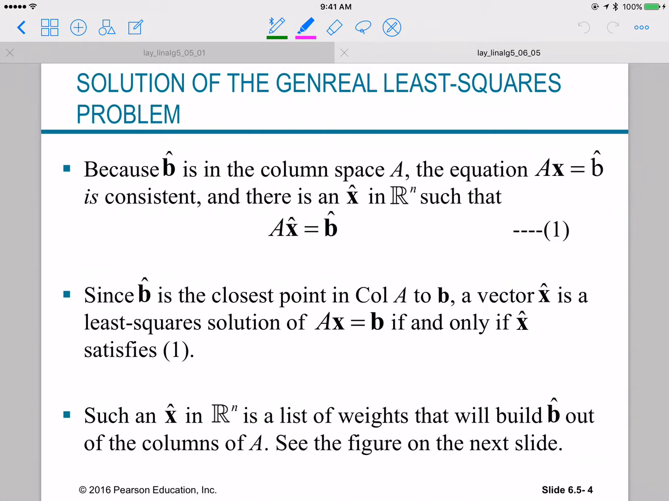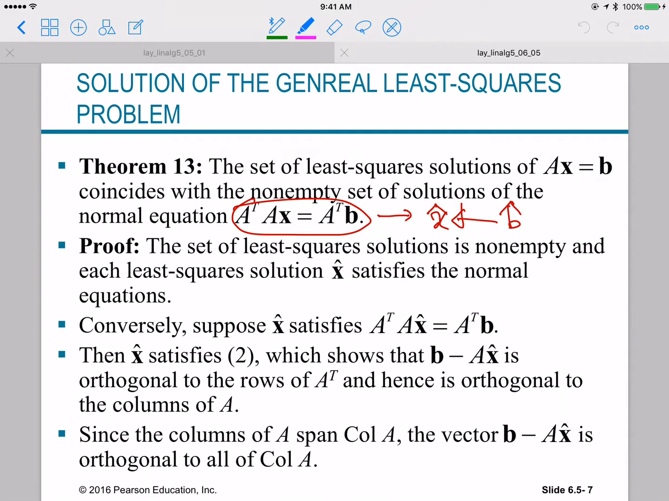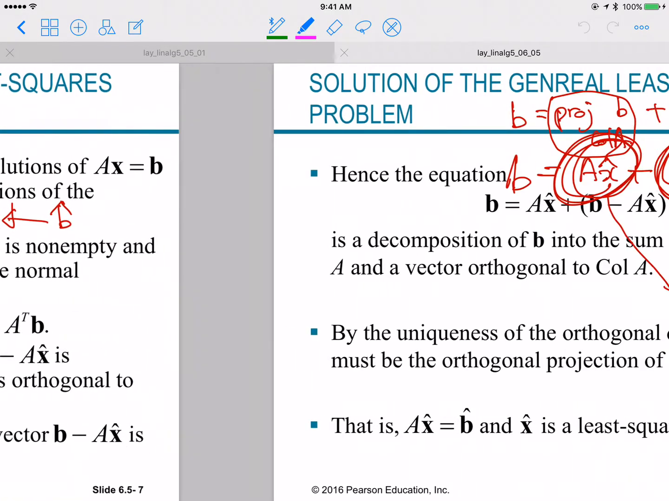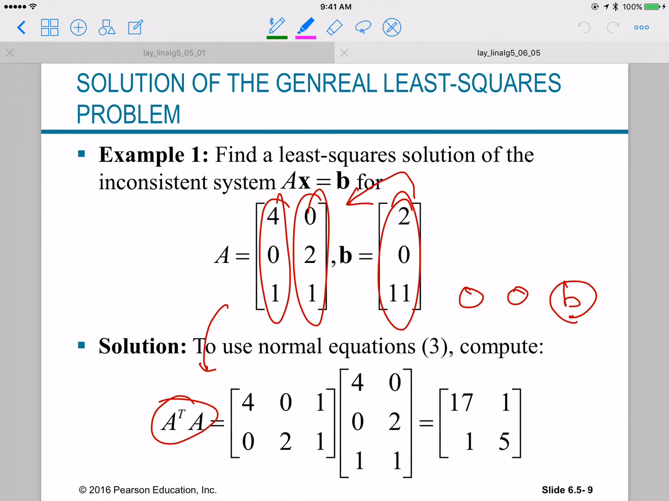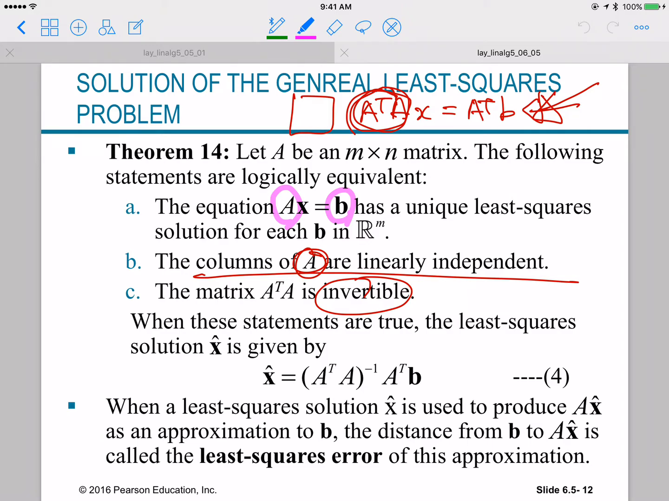Okay, now let's quickly go through this theorem 14. Again, we will not prove it. The detailed proof is in the exercise problems in this chapter. But I'll give you a conceptual or intuitive understanding of this theorem. So this theorem is saying